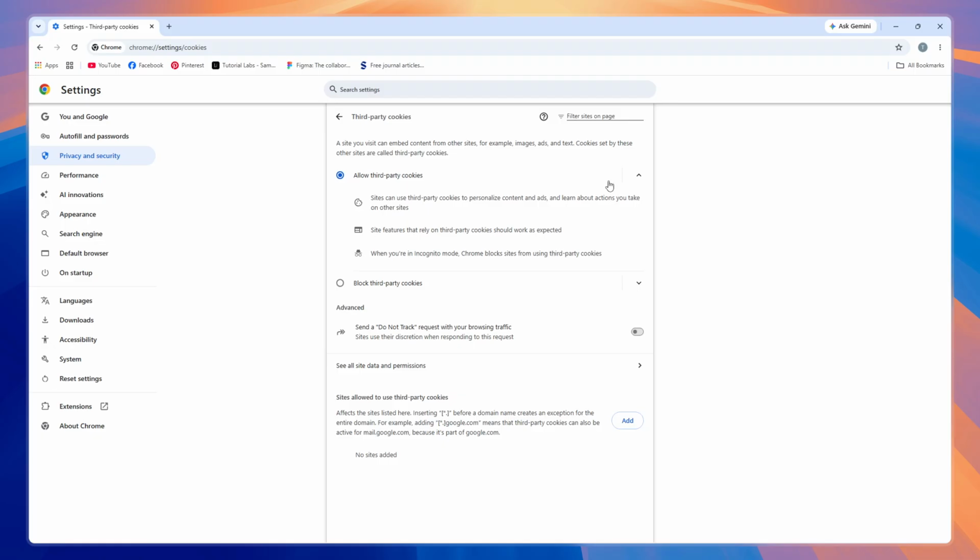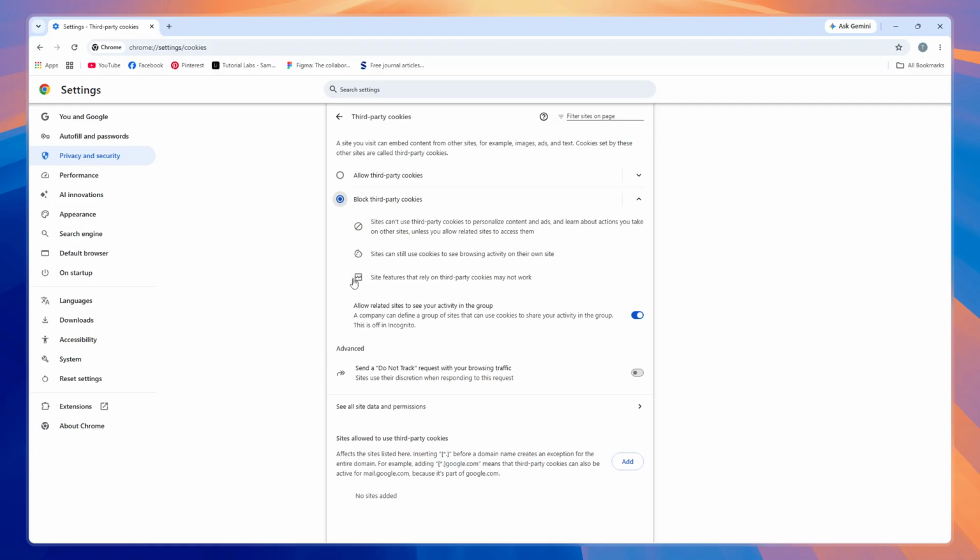Now, to disable third-party cookies, simply click the radio button next to Block Third-Party Cookies. When you select this option, Chrome will prevent websites from using cookies that track your activity across different sites. This enhances your privacy by limiting the amount of data that advertisers and other third parties can collect about your browsing habits. On the other hand, if you want to enable third-party cookies, click the radio button next to Allow